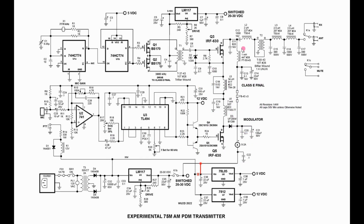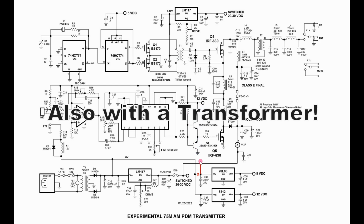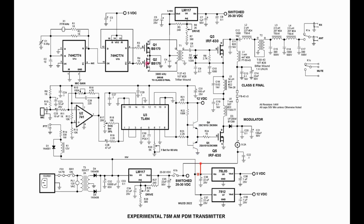Rarer is to find that type of peak limiting over here in the RF chain, like we do with typical tube negative cycle loading. This driver circuit seemed to work very well here off the 494, and maybe this is what was needed up top as well. So it's well worth trying a complementary symmetry driver in place of the two 170s. But again, I think if we just change the ratio on this transformer, we can get better drive into Q3